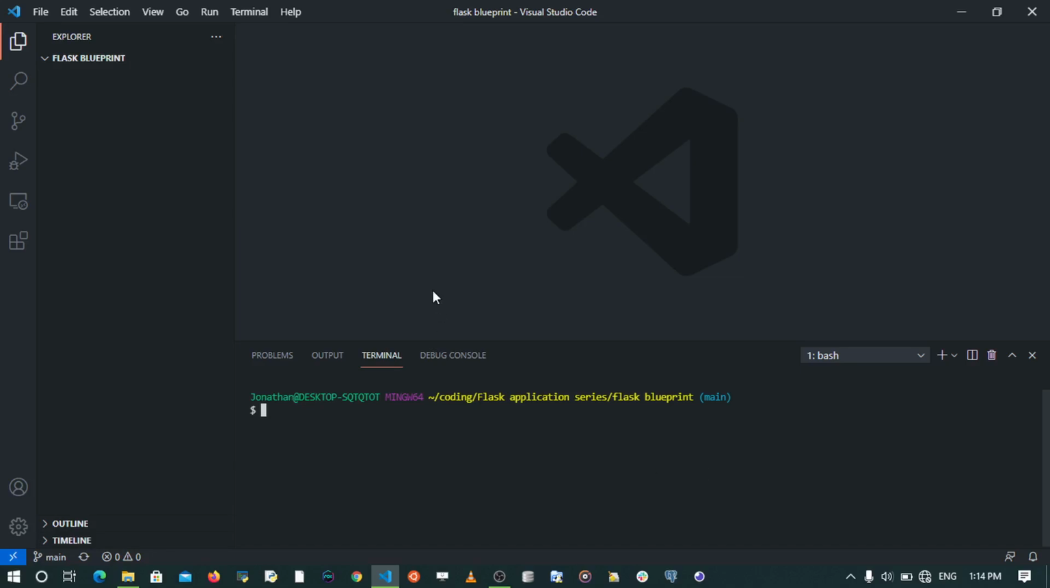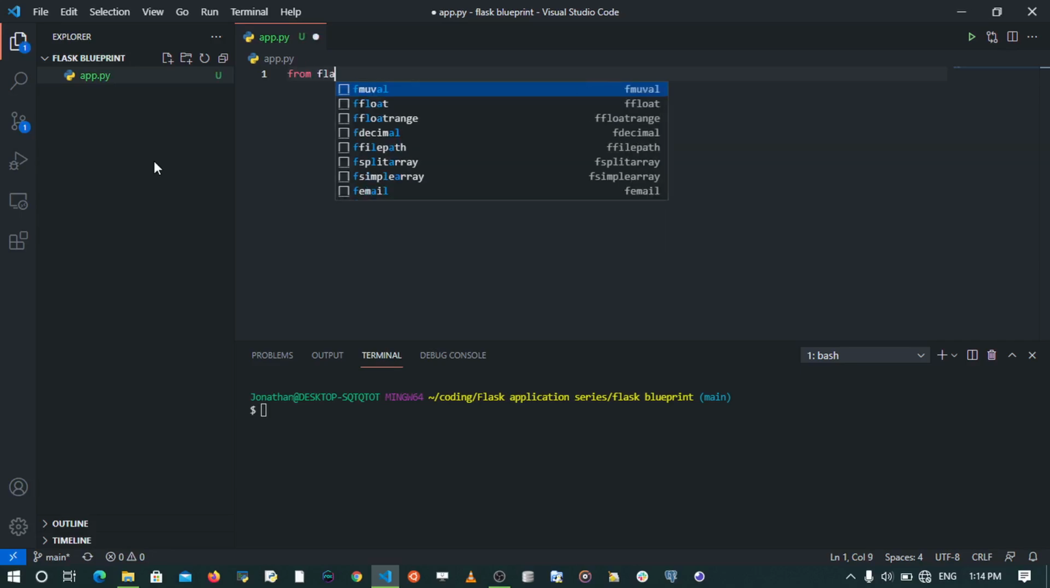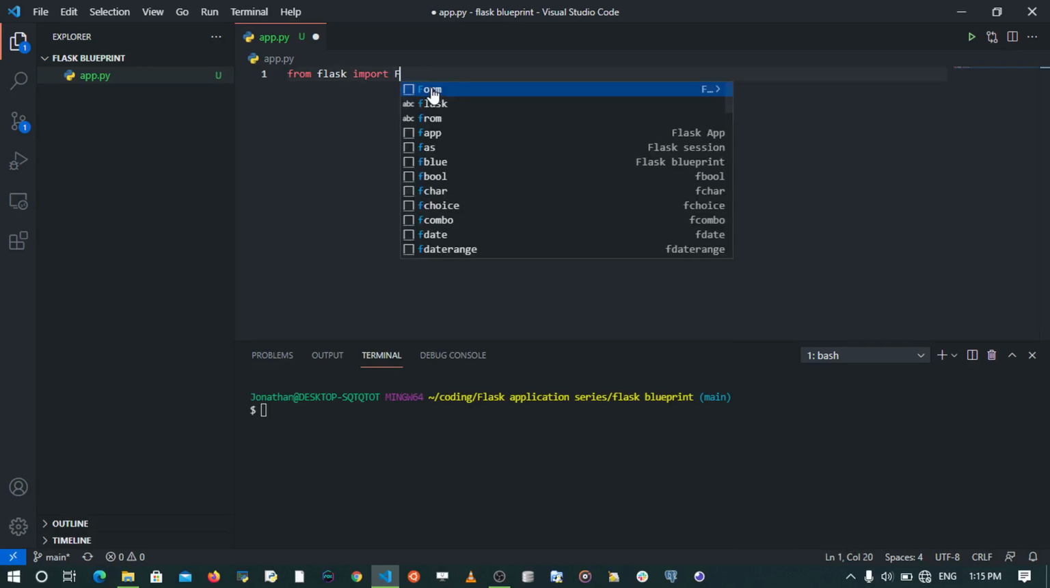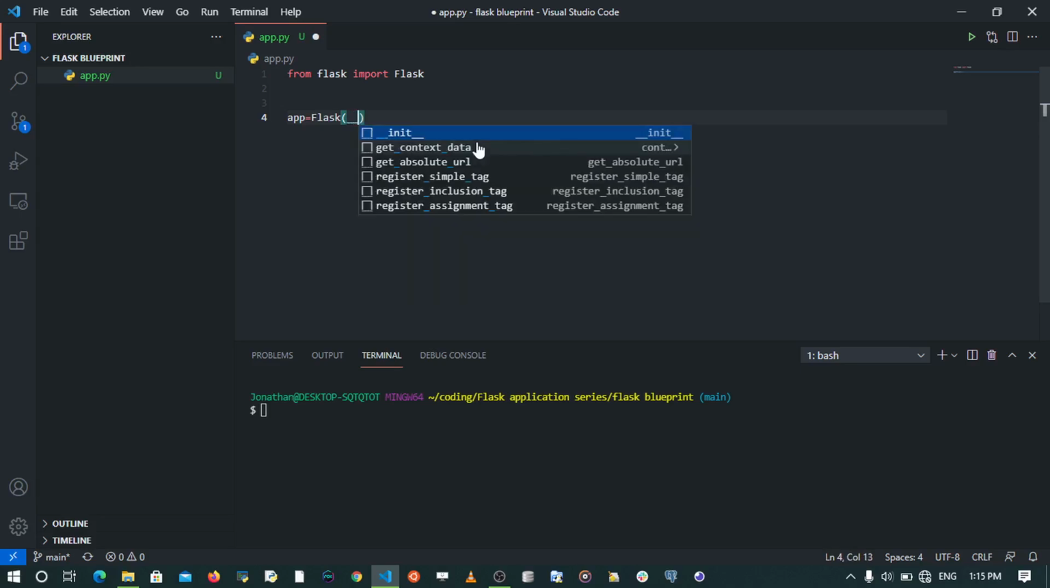So I'm going to create my main app file, which is going to be app.py, and I'm going to write the simple Flask application. So I'm going to say from flask import Flask, so I'm going to import the Flask class, and after importing the Flask class, I am going to create an instance for it. So I'm going to say app is equal to Flask(__name__),